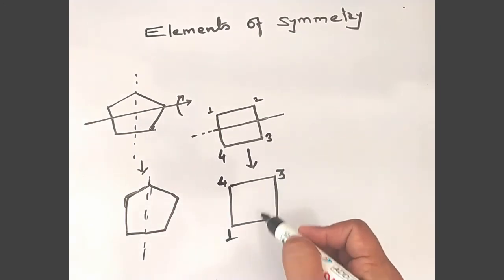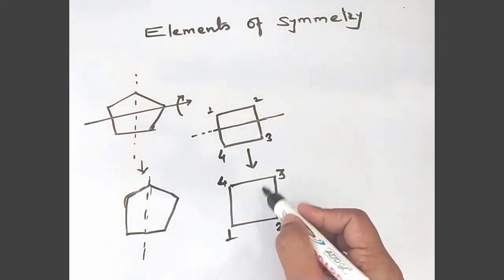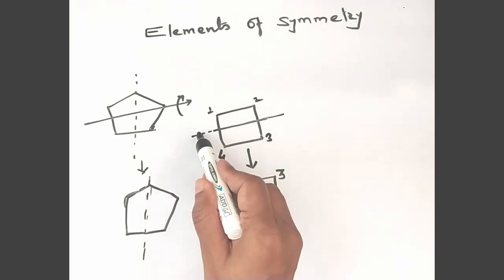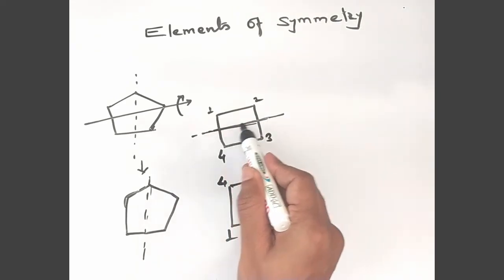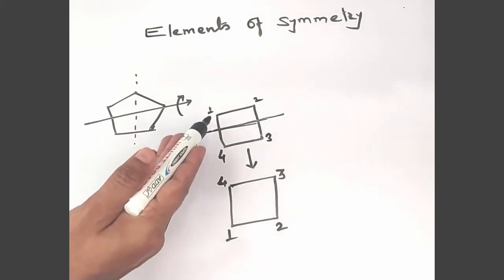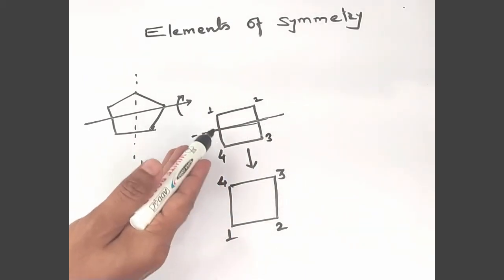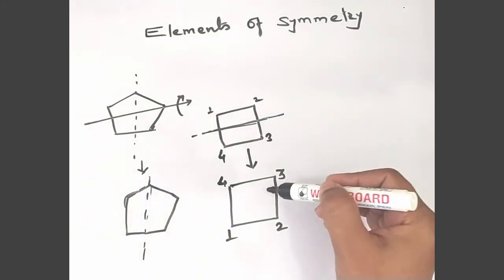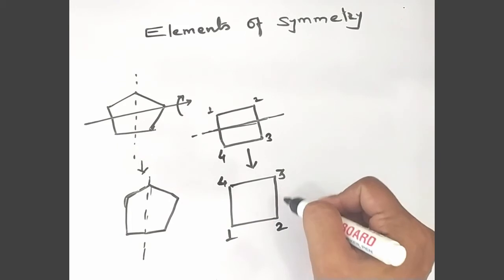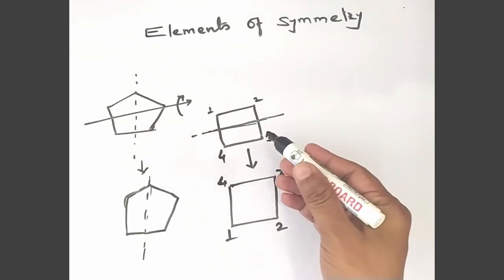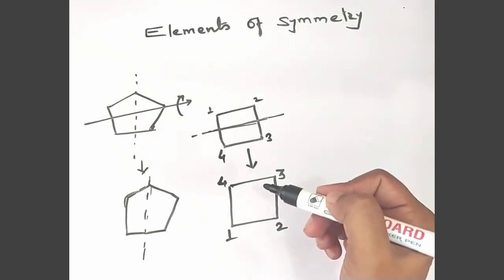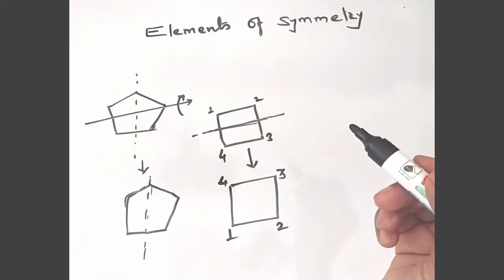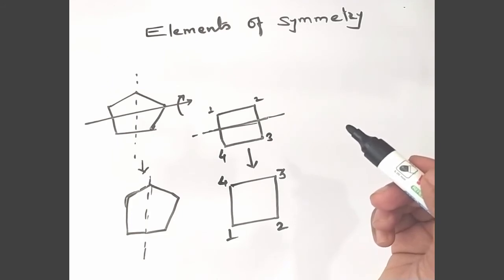So can I say this is symmetric? Yes, it is symmetric. So this line of passing of a mirror plane, now I have introduced a term called mirror plane. This plane divides the square equally, after applying which I get the same entity, a square. If there are no numbers, then obviously this square becomes the same. Similarly, there are many objects to which we can apply these elements of symmetry.